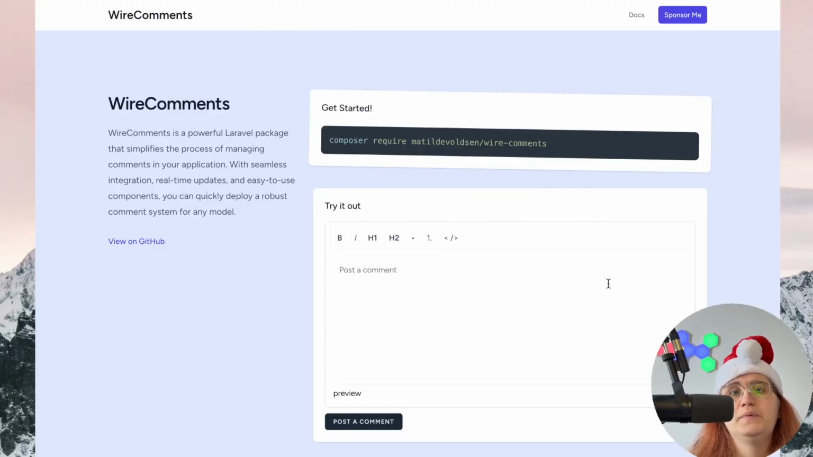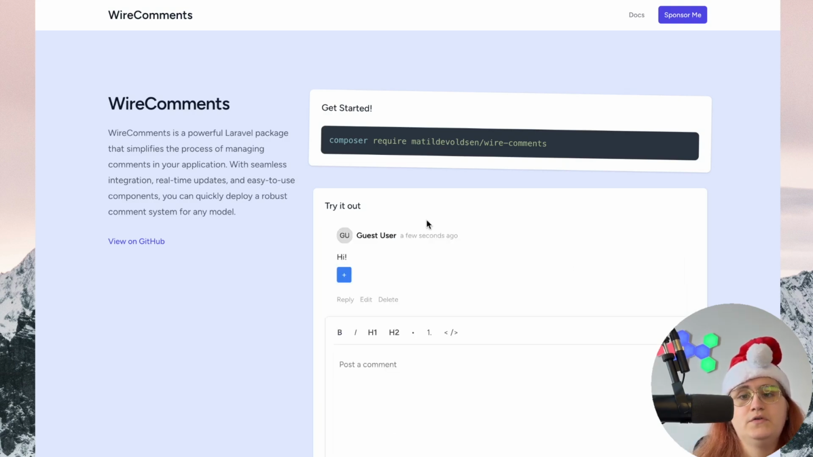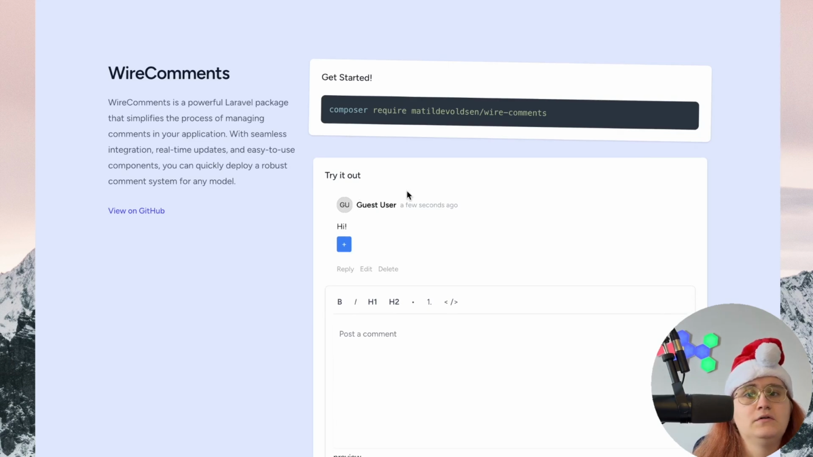Earlier this year, I built a package where we can easily add comments in to our application. So I built Wire Comments because I felt there was a need to have an easy way to comment in Laravel with Livewire. So what we can go ahead and do here is easily post any comment, in this case on